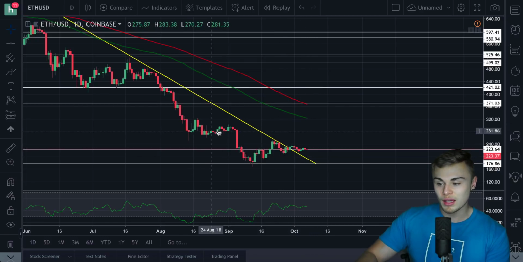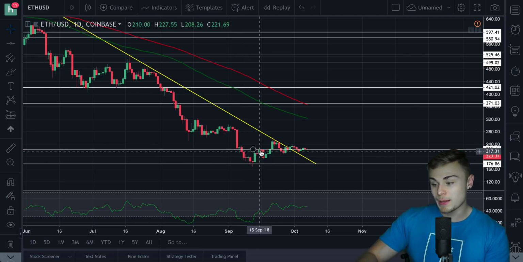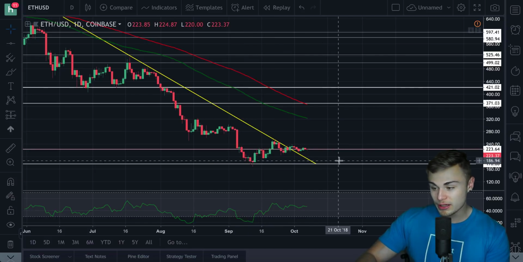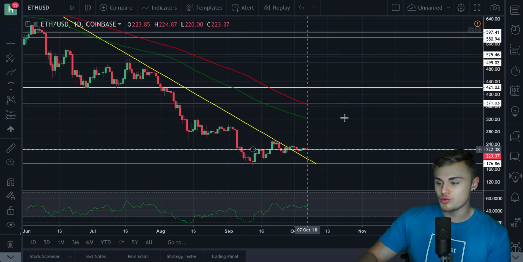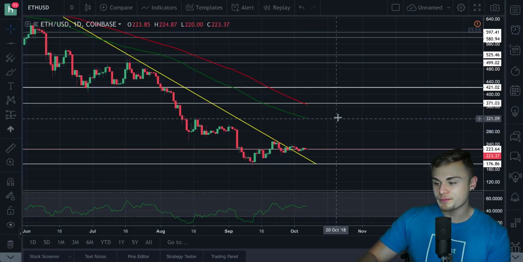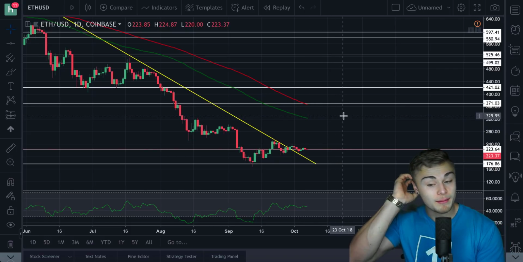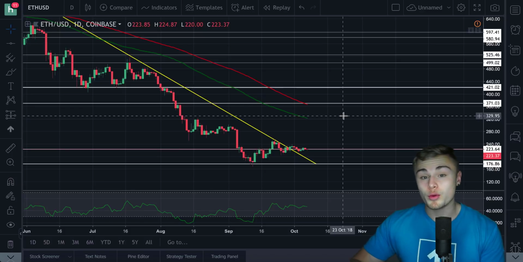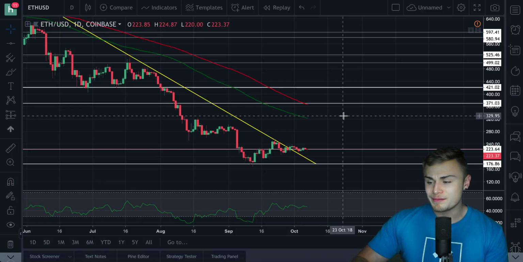As you can see, we've had sideways trading here. We broke bearish. It's possible that we could sideways trade again and break bearish, or we could potentially shoot right up to our high-low MMA at around 320. That is definitely a possibility, and I'm leaning more towards that side. So I'm definitely paying close attention to Bitcoin and those top 3 blue chips.